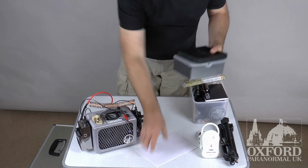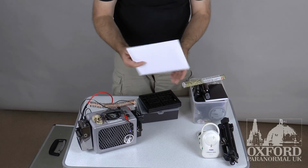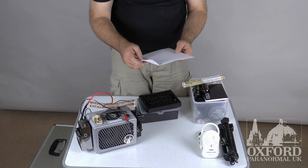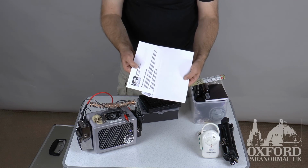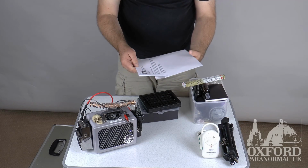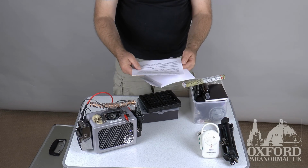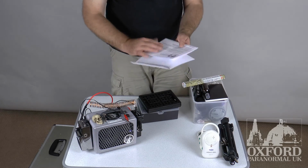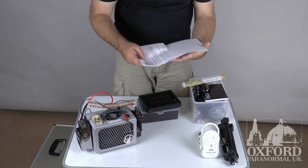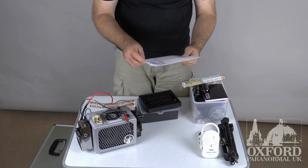Let's go down the front here. In here, okay, ominous white envelope. In here, basically, we have our Oxford Paranormal Protocol document. It's a 3-page document. It basically explains who we are, what we do, our experience, our background, what the purpose is of what we're trying to accomplish, our role in the paranormal realm,